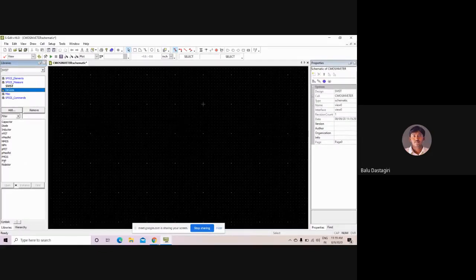These are the predefined symbols that are present in the devices. Next, in the MISC library, MISC means miscellaneous. In the miscellaneous library, we have the VDD, ground, no connection, page ID, VDD, VSS. These are the different types of symbols present in the miscellaneous library.